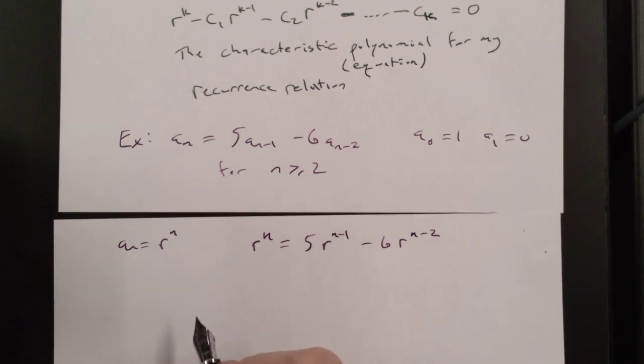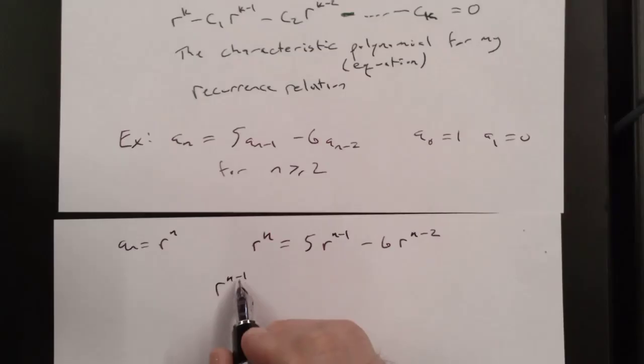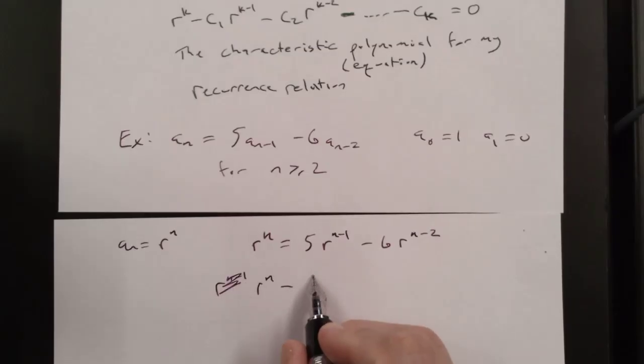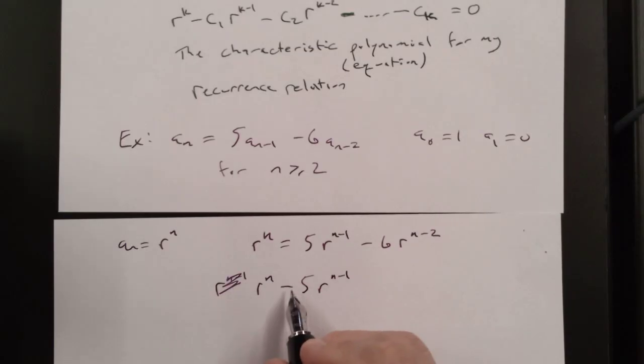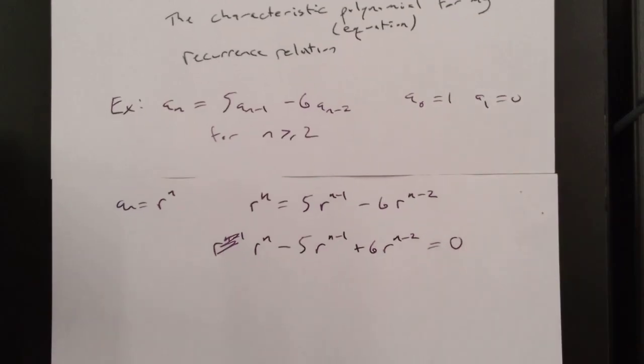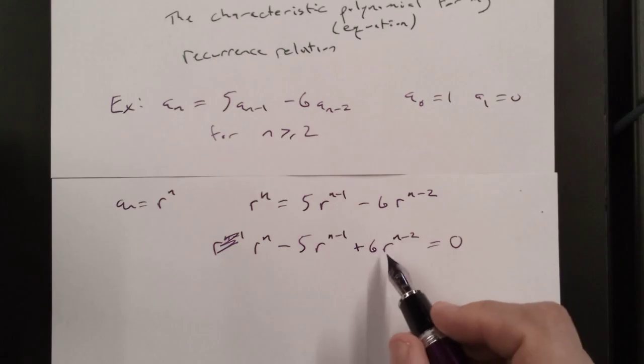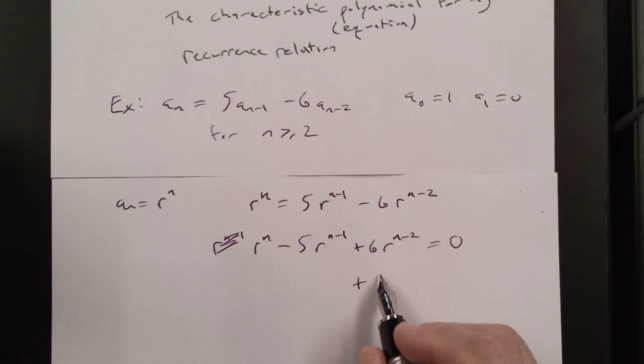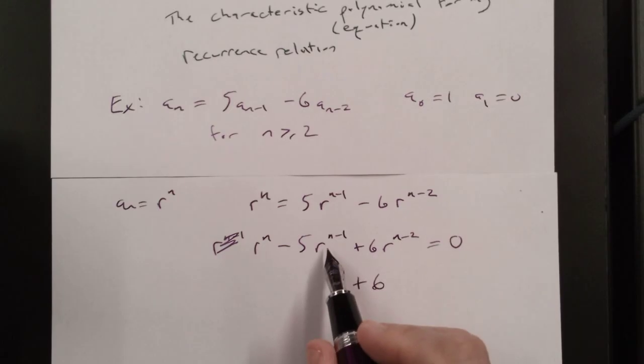Move everything to one side. Divide by the lowest power. That's going to cancel this out. That's going to leave